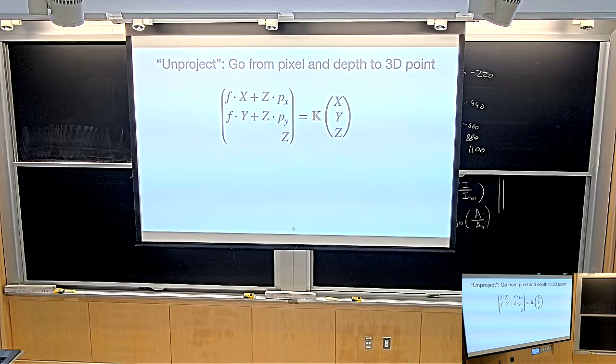The only kind of weird thing is that the intrinsics matrix takes the depth away. The pixel coordinates are 2D and they lack the depth, and so there is the question of how do you deal with the depth. We assume that you have it. Okay, so we're going to derive it now.